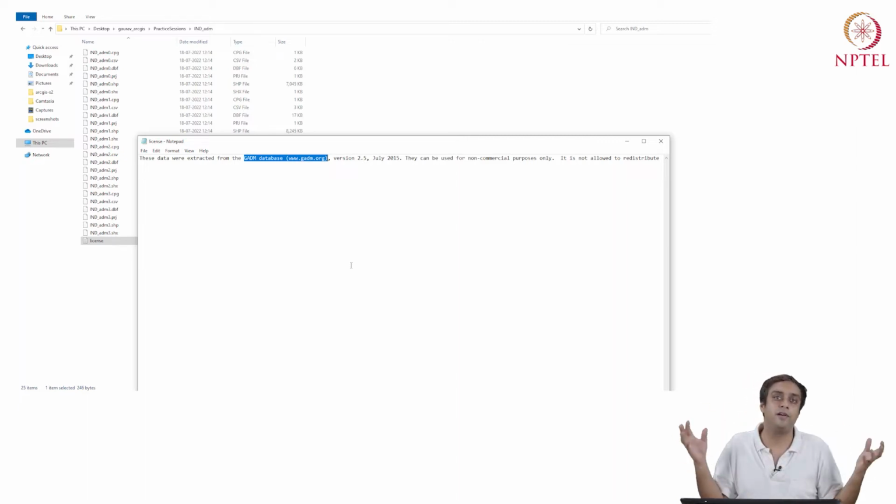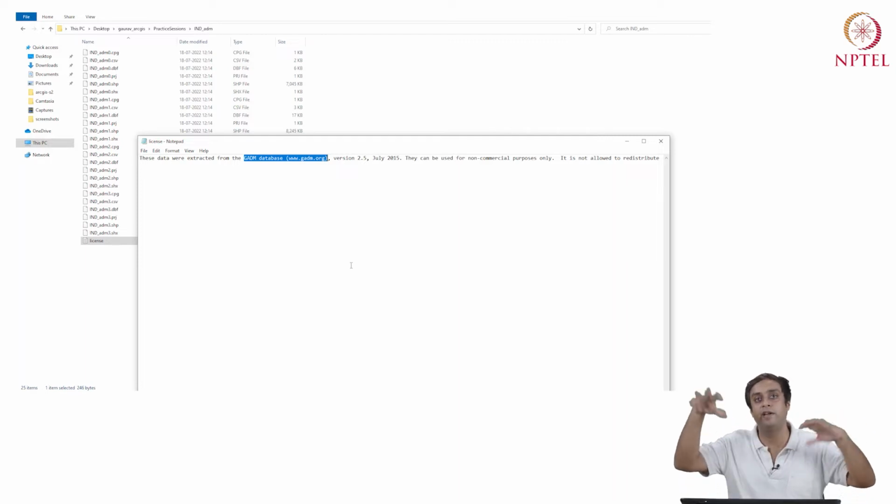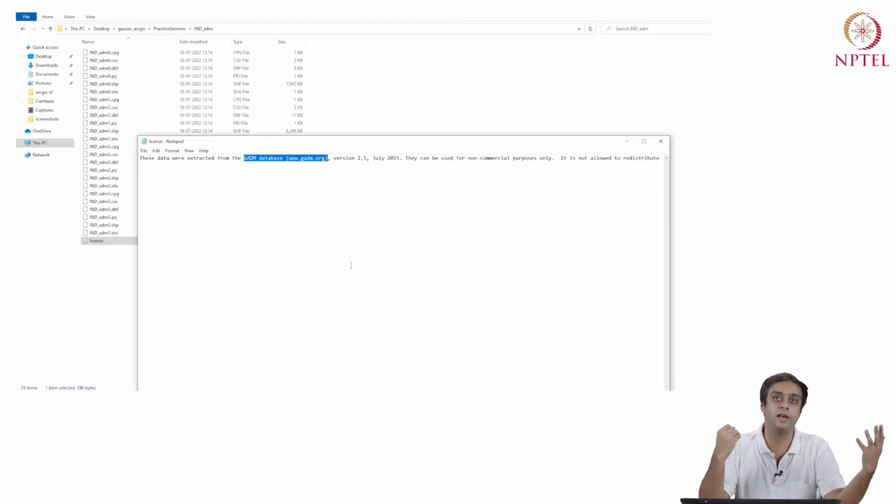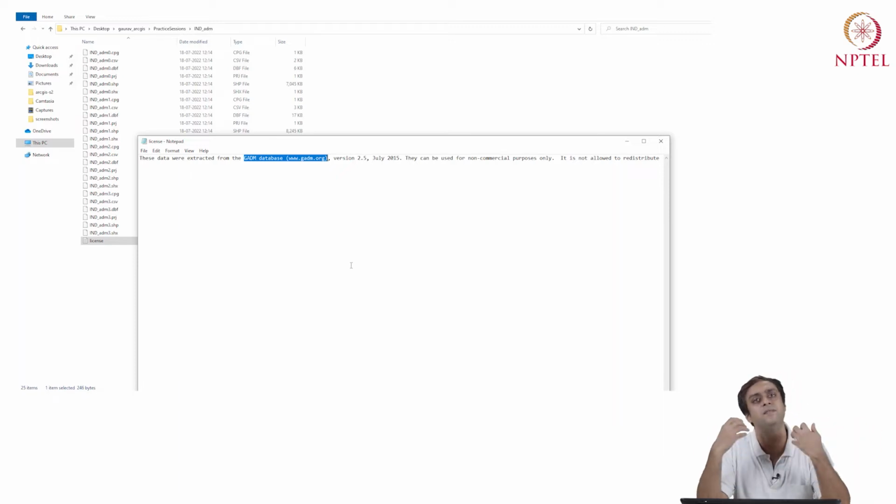Let's say you are doing different country level analyses. You might use these data. So far as India's data is concerned, India would have its own database. If it's some other country like the United States or China or Afghanistan, they will have their own sources, and it depends how accessible those data are, whether they are freely downloadable, what kind of request process you have to go through to get to those data.